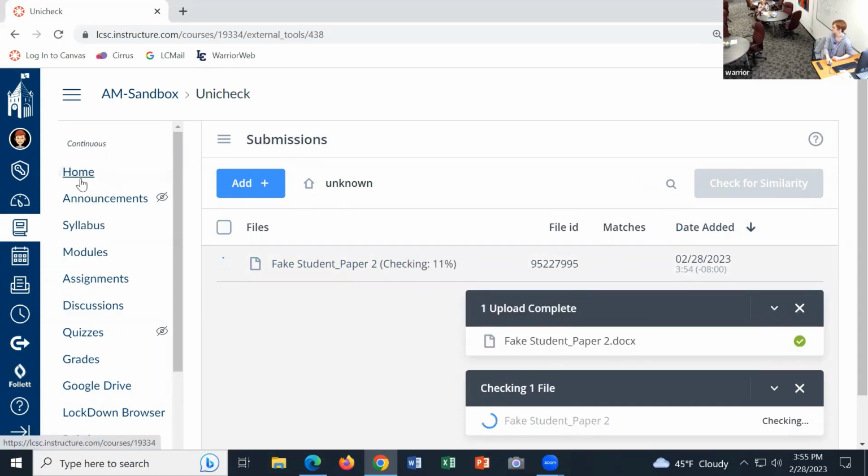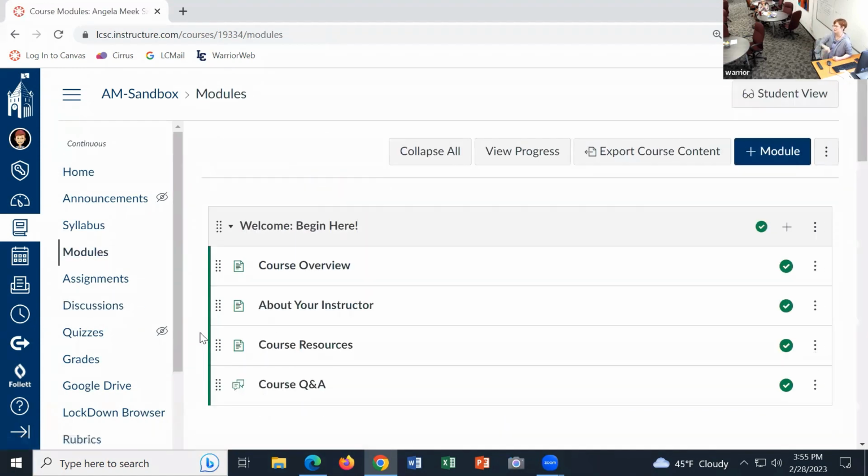But they get theirs right away, or does theirs still take a little? It can. I mean, it's typically pretty quick, within a half hour to an hour most of the time, but because it is an external tool, it just boils down to how much usage the tool is getting at the time.